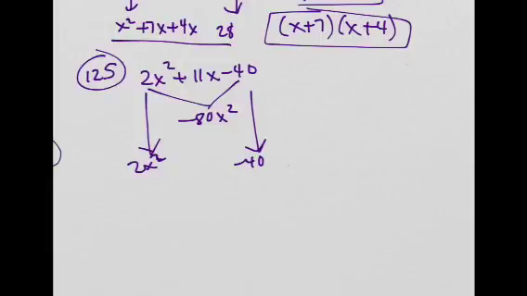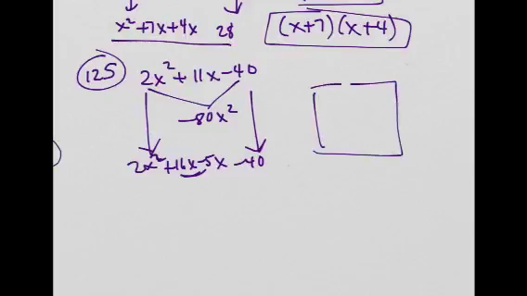So the factors are 16 and negative 5. So 16x minus 5x. So these two add up to 11x, and they multiply to negative 80x squared. So those are the ones we're going to use for our box. So I'll put in the x's here. I mean, you don't have to, but 16x